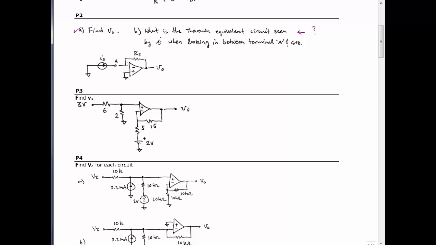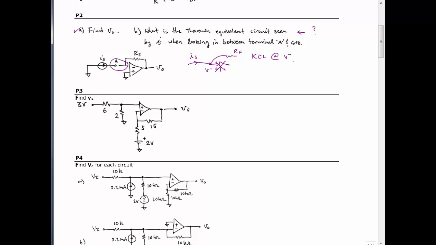But what we know is we want to focus on this node here because that's where the action is. You've got current IS coming in to this node, the V minus node, and we have some current that's going to be going through RF, and then this goes into the OpAmp, right? But this current is 0, because an ideal OpAmp has no current going into it. So actually we can just get rid of this, and really we only have 2 branches connecting to this node. So IS comes in to the node, and it has nowhere else to go but out this way. Okay, so you want to do KCL